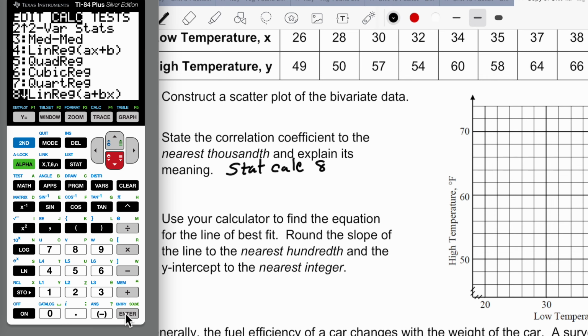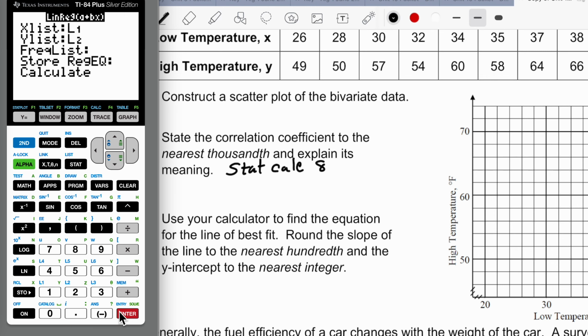So when you hit enter, it'll bring you to this display. You should have X list, Y list being L1, L2. Under store regression equation, we want that to be Y1. All right,